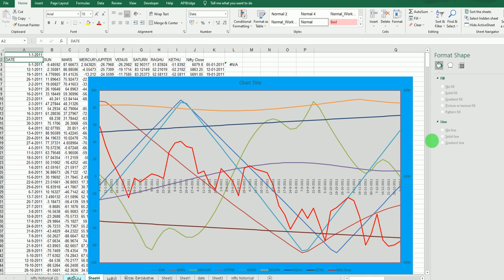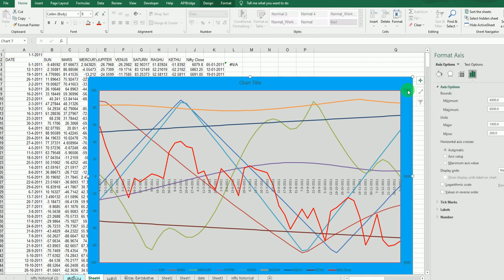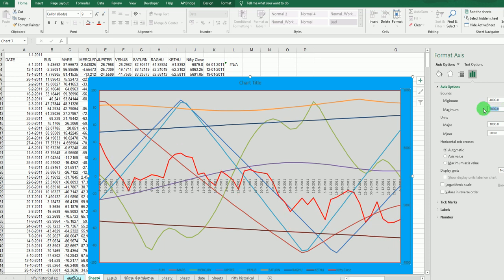Because this 90 degrees is stable but market movement is not stable, we have to change the minimum and maximum values. So 4,000 I kept, and the maximum value might be 6,500. If you modify just this, the chart will be aligned for us.